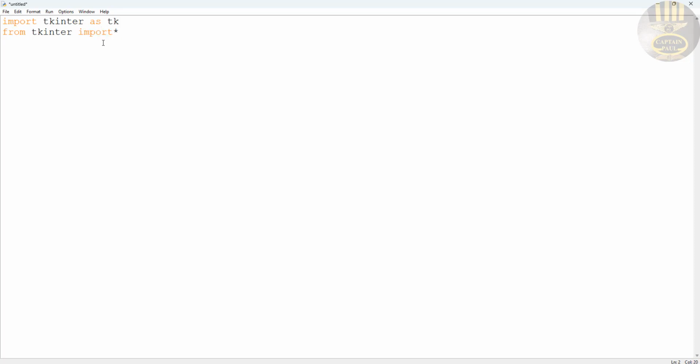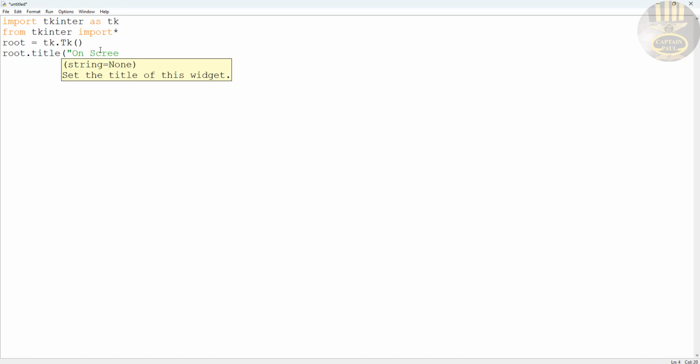Now the next thing is I'm going to give my project a class name, that's going to be root equals tk, and let's enter parentheses. Now in the case of root, let's enter a title for that, root.title, and that is going to be